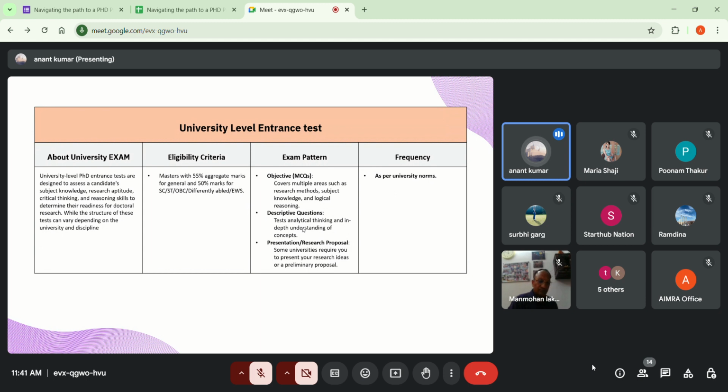Now, this is the exam which is conducted by most of the private universities in India on their own, at the university level, depending upon their PhD intakes. For example, if somebody belongs to Delhi, nearby there are a lot of good private universities like Bennett University, K.R. Mangalam University, OP Jindal University. They keep on doing these kinds of entrances to induct PhD students on a regular basis according to the intake they have. All these entrances are according to UGC norms.